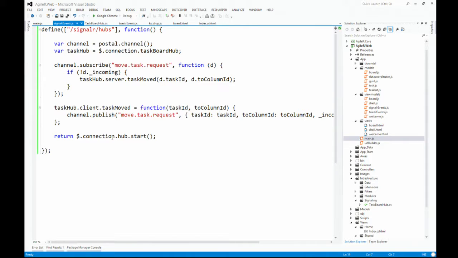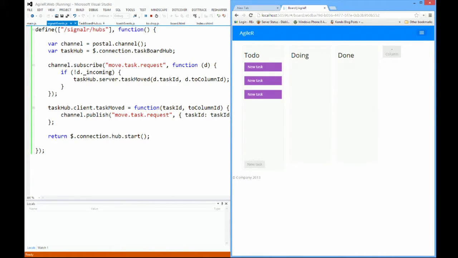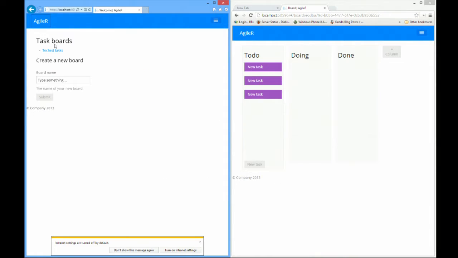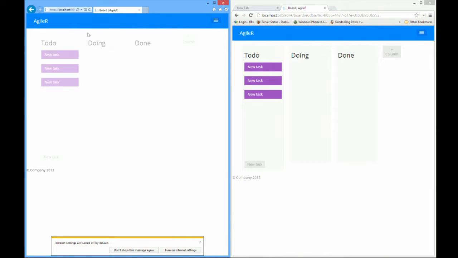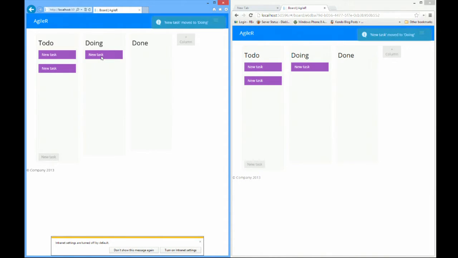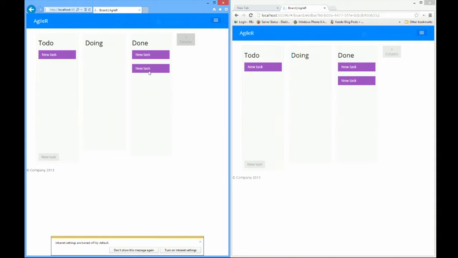So if all goes well, and I'm pretty sure it will, I run the app up, and we can go into TechEd tasks. They're all still there. Get IE back up, just to make sure it's cross-browser, right? Okay, so if I drag that across there, then everything updates as it should. And because I've already got those toast notifications coming up, they also play and come up when you drag the tasks across on the other browser as well. So we've got a lot more collaborative experience based on that sort of asynchronous event raising behavior.